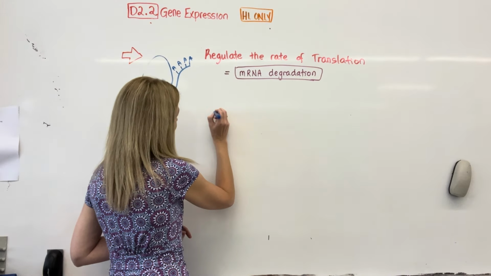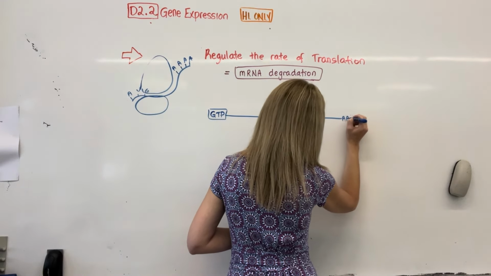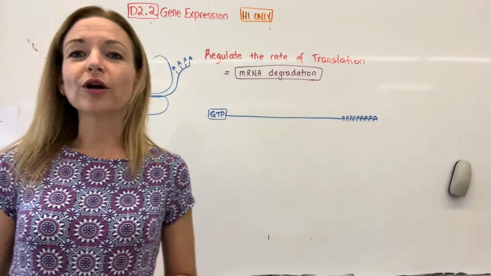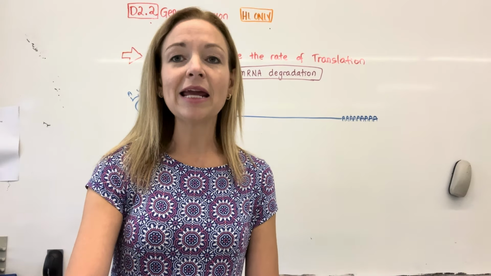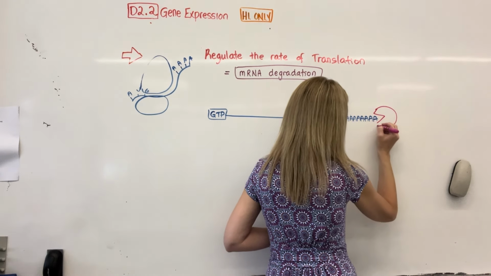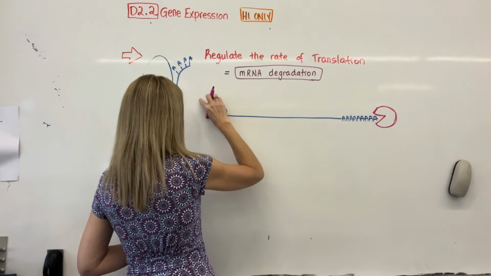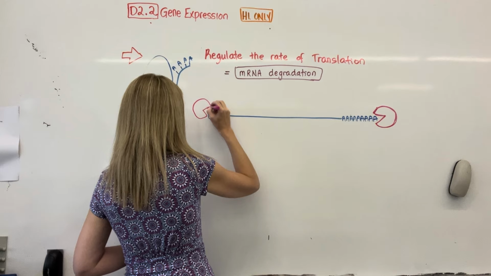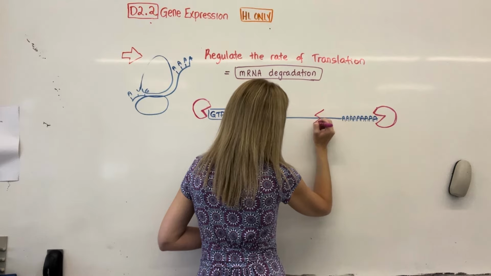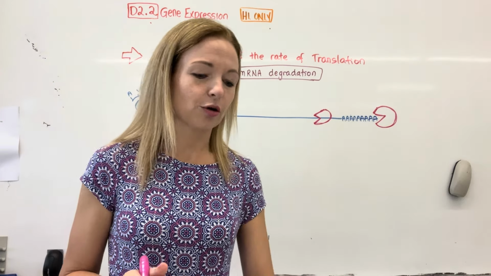So here's my mRNA. It has a GTP cap. And then remember, it has this long poly-A tail, like so. In order to break down that mRNA, you need these exonuclease enzymes. For instance, they're first going to have to break down the poly-A tail. They're also going to have what's called a decapping enzyme. So if you want to break down one that hasn't been used, you would need a decapping enzyme. And then once those are broken down, there are others that are going to focus on breaking down the actual gene itself.